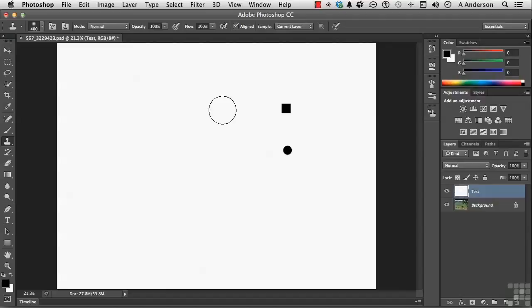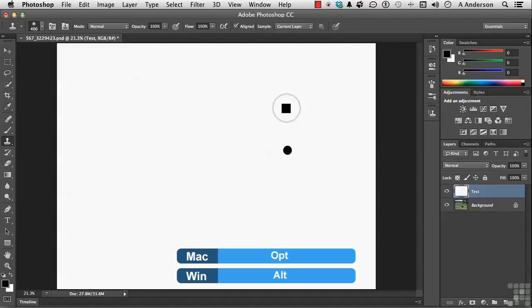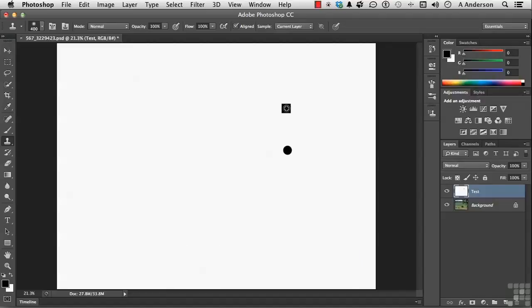So if I come over here to that square and I hold on the Alt key, that's the Alt key in Windows, Option key on a Mac, your cursor changes to a target, click your mouse. Now let go of the Alt key. You will notice it shows it to me. Now that's not new, it goes back a couple of versions, but that's kind of neat because you can see exactly where it's going to go when you place it. So all you got to do is move to where you want it to be, say right about there,